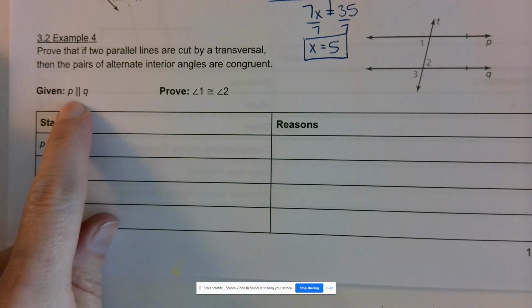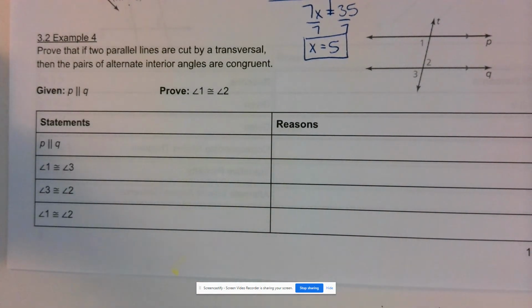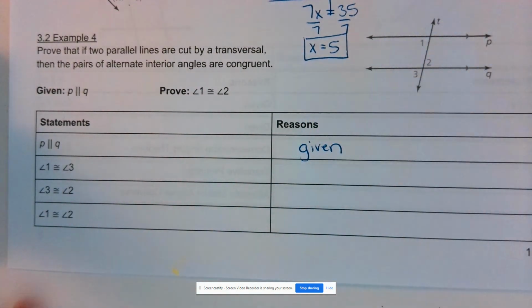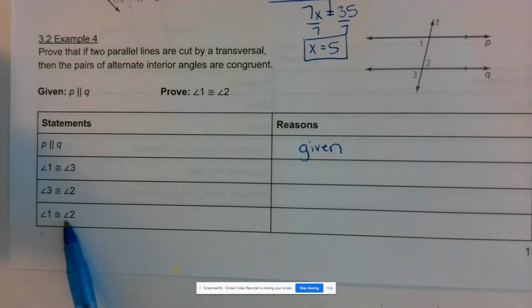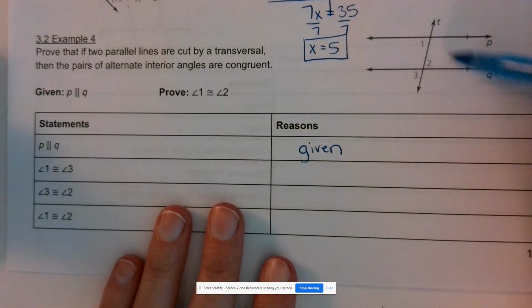They give us that line P is parallel to Q. And I can see that's my first statement, so I'm going to go ahead and say, hey, this was given to us. And we know at the end we're going to have to prove that angle 1 is congruent to angle 2. And so using our picture here,